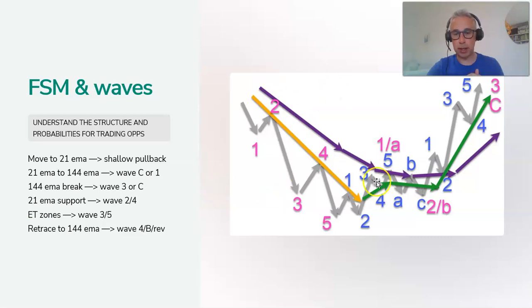This is a roadmap, right? This is a reversal trade. Wave 1. Wave 3 and 5 is also a reversal trade. Then we get with the trend setups when price is breaking above the 144 EMA and pulling back to the 21 EMA. The same thing for the downside, of course, with the trend setups at wave 2 and 4. And the wave 3 could be traded on lower time frames, for instance. Same for wave 1 and 5. So this is how I try to use the structure of the chart for my trading decisions.